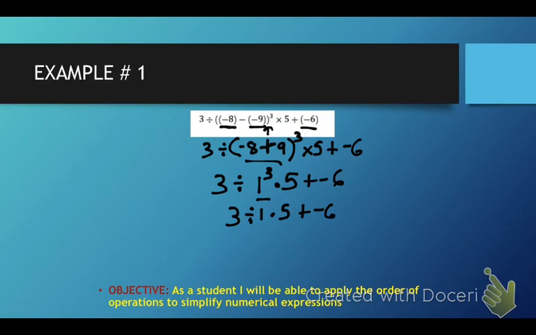What do we do next? Well, we have multiplying and dividing. So we're going to do from left to right because we have both divide and multiply. So 3 divided by 1 is 3. So we have 3 times 5 plus a -6. Okay? And finally,